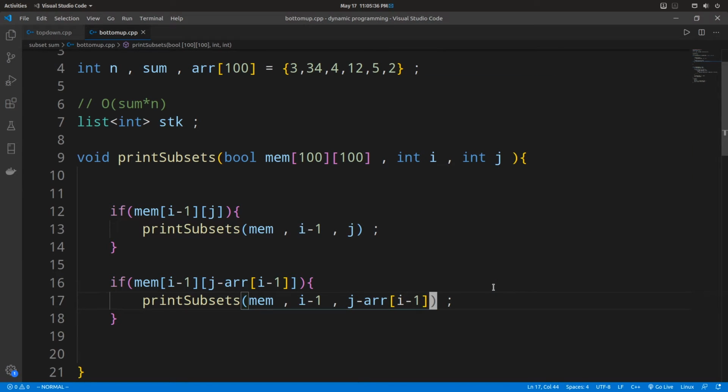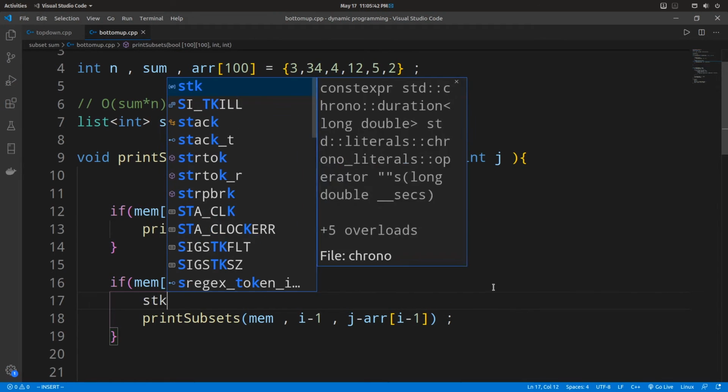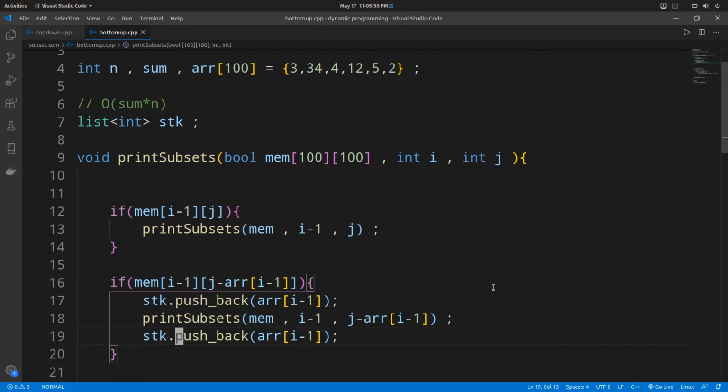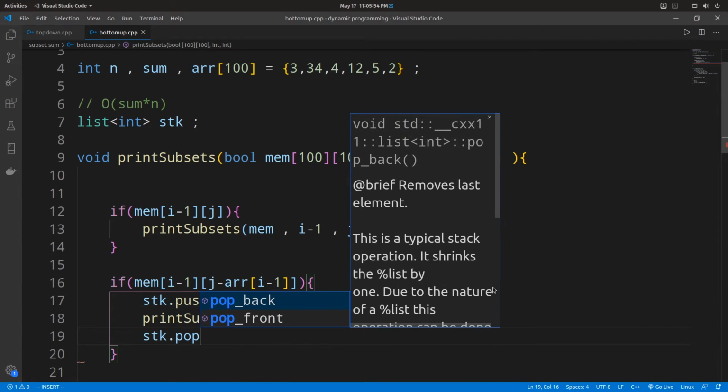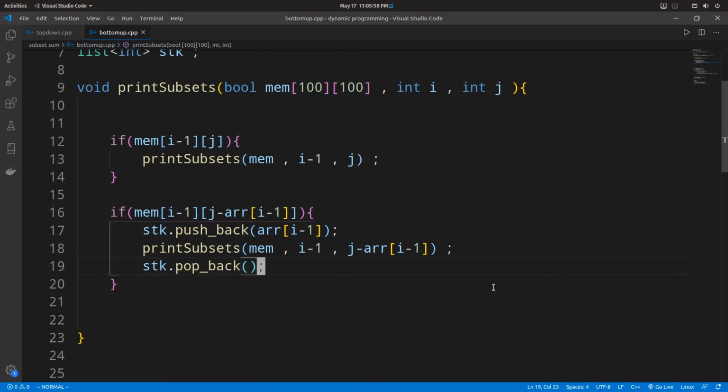Okay, the column corresponding to the decreased sum. And when we include, we add the element to our stack. Okay, let's push the current element to the back of the stack. And once we are done with that path, we just pop the stack, so that last element is gone.